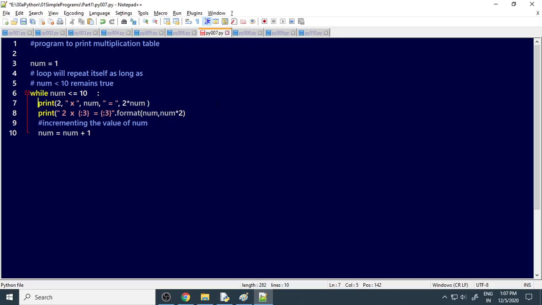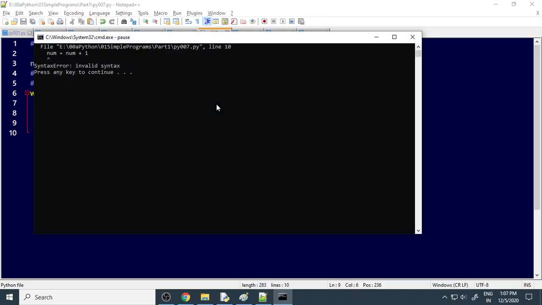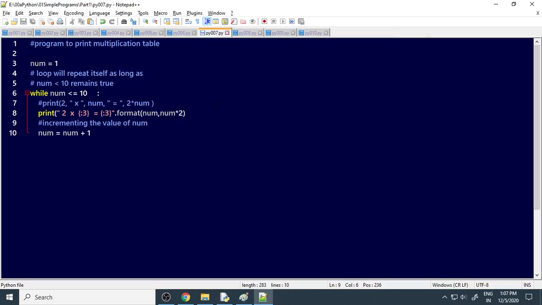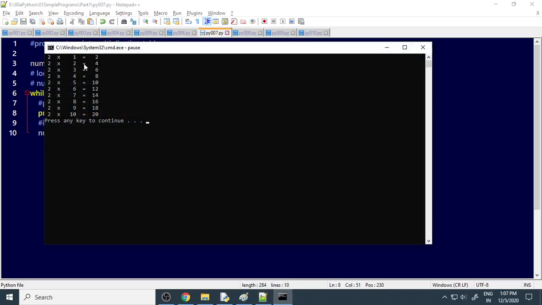Okay, so let us remark this. So we don't want to print this. So let me check this. There is some problem here. Num plus 1. Okay, maybe the problem is here. So there is one more bracket required, the closing bracket. And now you can see that this right side is aligned properly. Here the right side is aligned properly. Fine, working great.